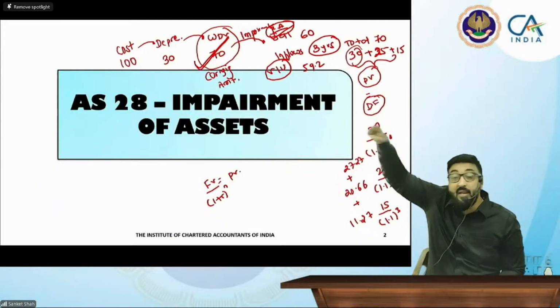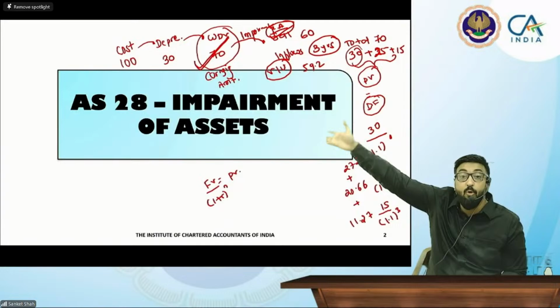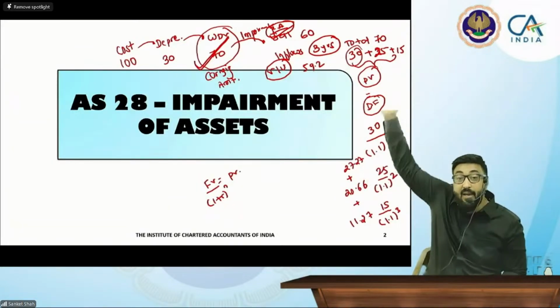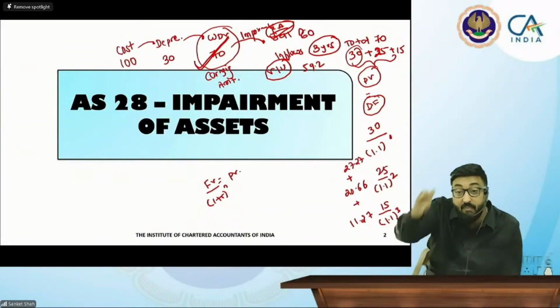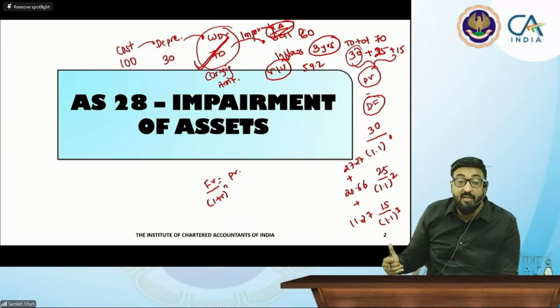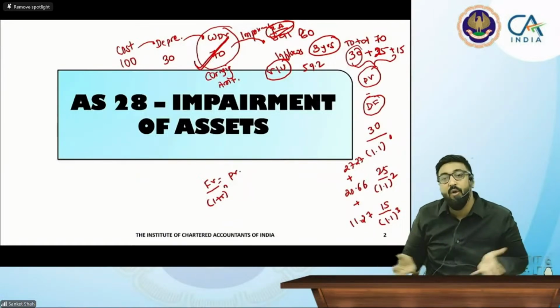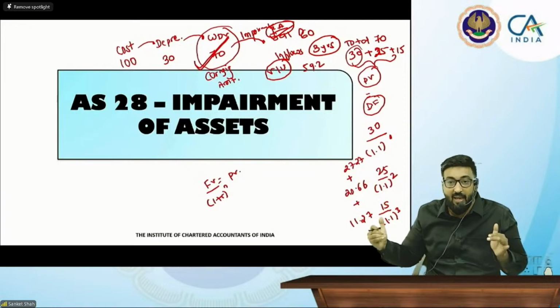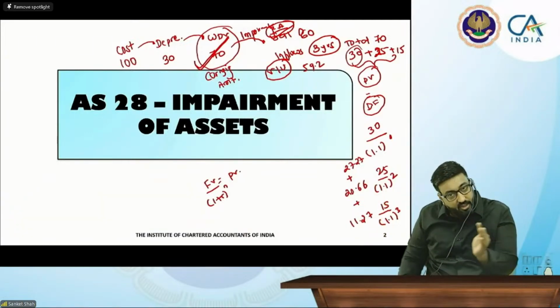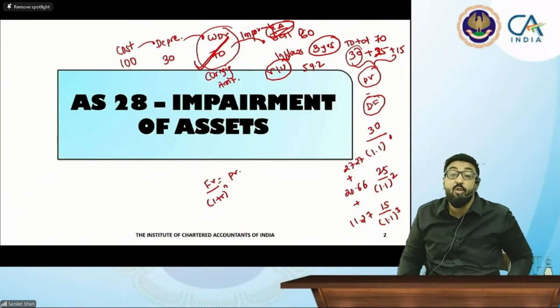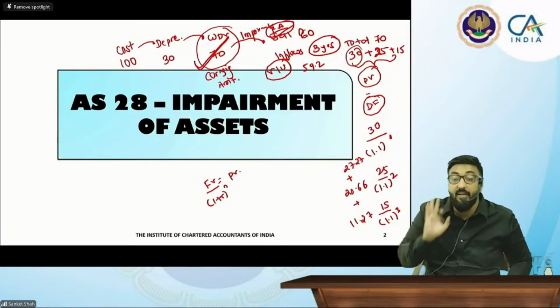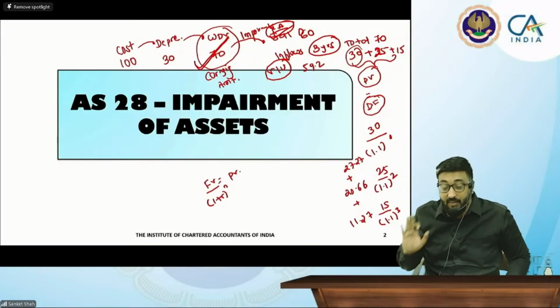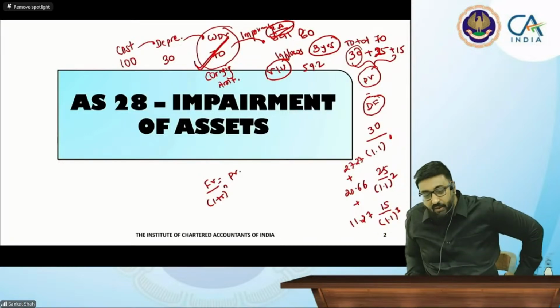अभी 70 रुपए और 60 रुपए, व्हिचेवर इज हायर में से 60 आया, पर अभी 70 के एसेट मुझे 60 पे बतानी है। 70 के एसेट को 80 पे बता ही नहीं सकता, प्रूडेंस कॉन्सेप्ट के खिलाफ है। यदि 80 होता तो आपमें कुछ इंपेयरमेंट हुआ नहीं है। इंपेयरमेंट मतलब एसेट में घटाना है, वो घटा तो है नहीं बेटा। तो 70 का 80 तो नहीं करना है, 60 पे लेके आना है। ये रिडक्शन जब करते हैं उसको हम डेप्रिसिएशन तो नहीं बोल सकते, इसको बोलते हैं इंपेयरमेंट। ये स्टैंडर्ड का लॉजिक है। एनीवन हैज डिफिकल्टी, रेज योर हैंड।